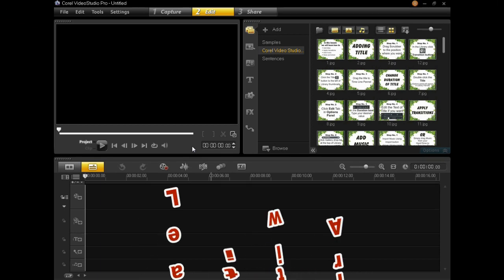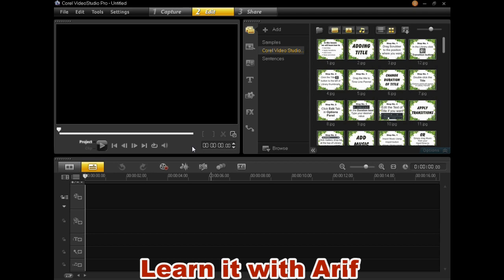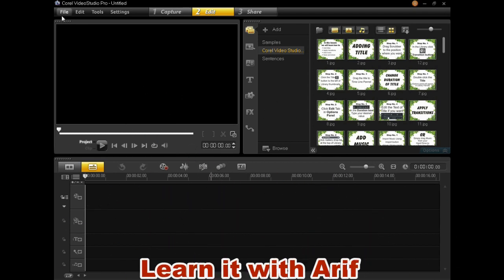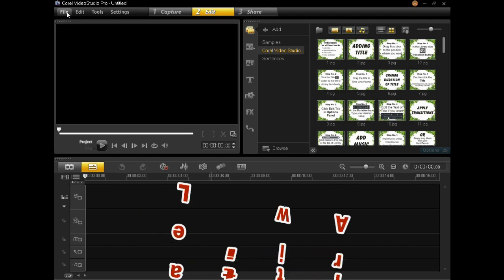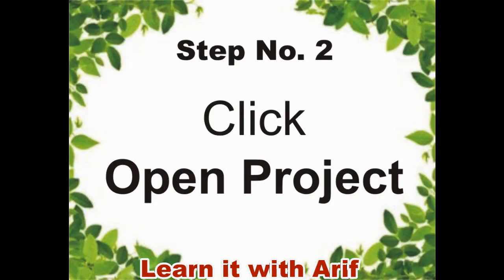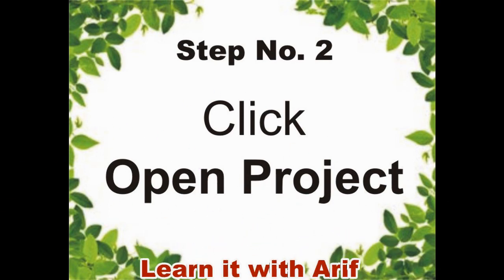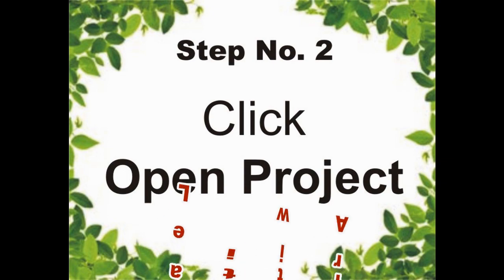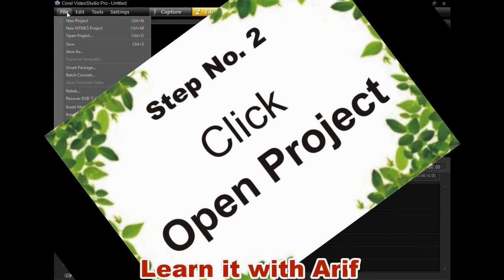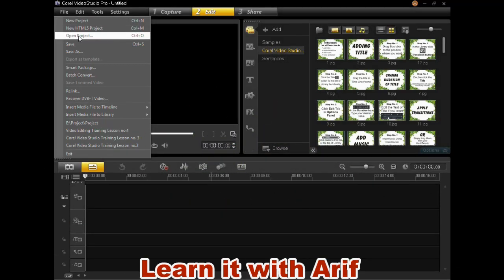Now let us see how to open a saved project. In the menu, click File, click Open Project.